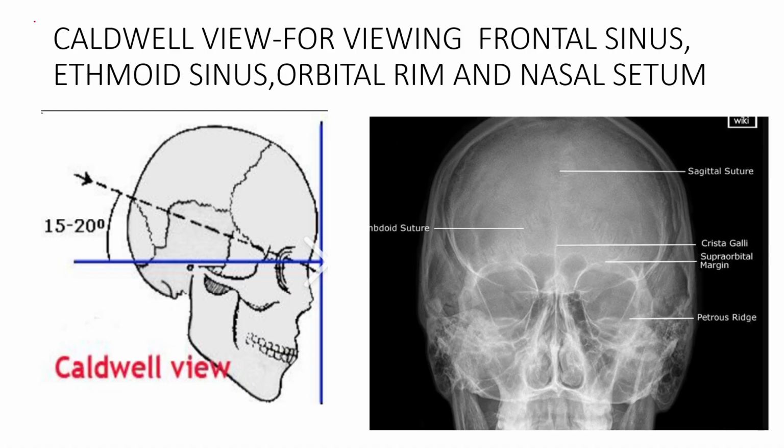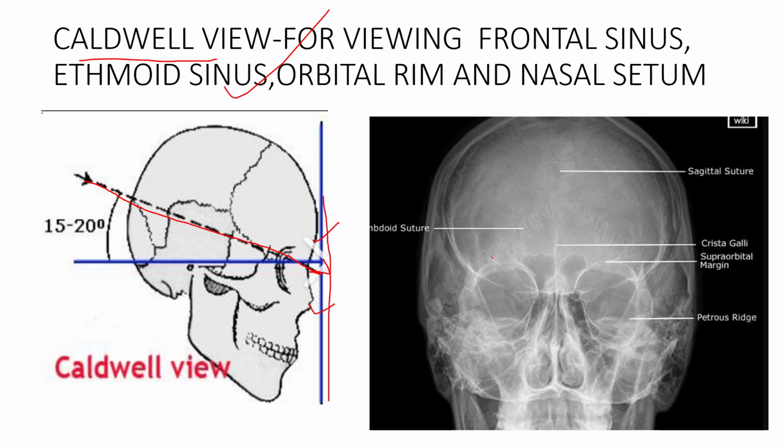Now here a very different view, that is Caldwell view for paranasal sinuses and basically for ethmoidal. And here the rays are passing from occiput to frontal area. So this is occiput to frontal view also. These are all PA view types. Waters and Caldwell's are PA view only. And you see the face is touching the film, the forehead and the nose both are touching the